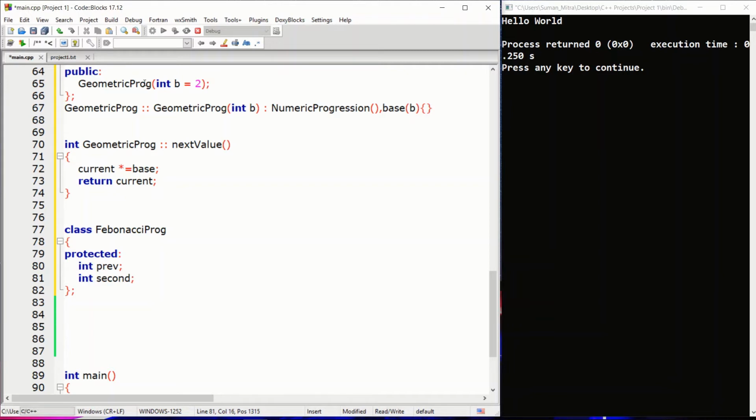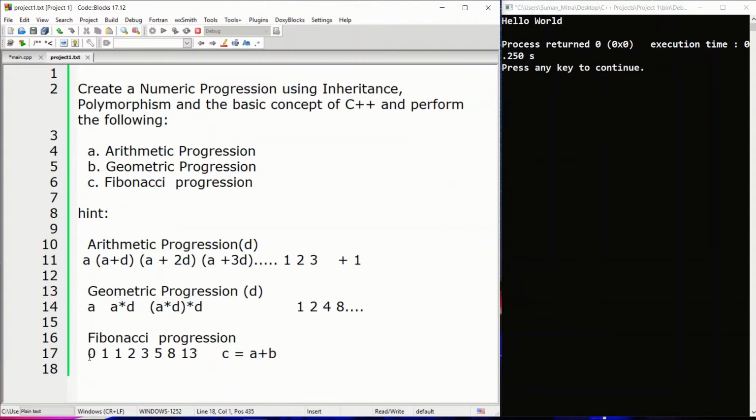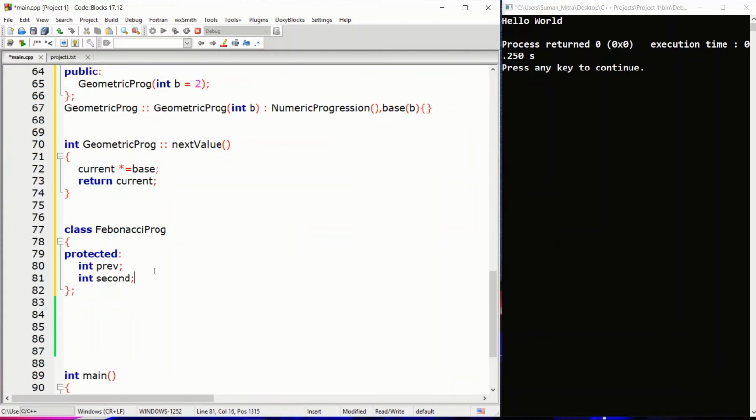So first it should take two numbers, any two numbers, so that we can know the third one. Because if only one number is given, we don't know what it should add. We'll not know the value of b, we'll only know the value of a. So without b we can't know c. We should know a and b so that we can know c. So we'll add two values here. And we'll create two more functions here.